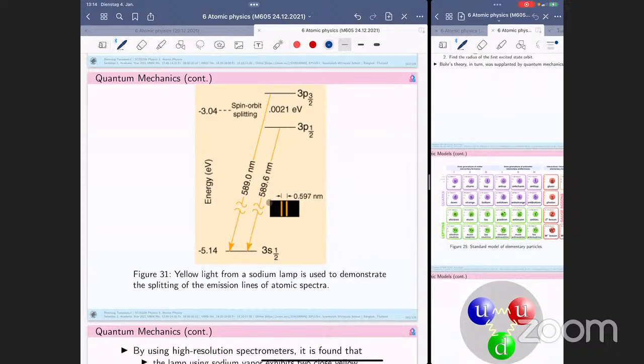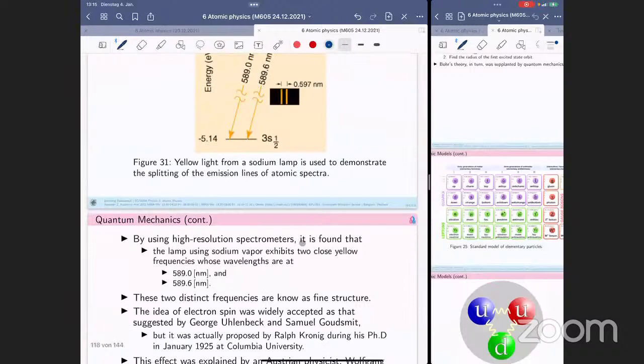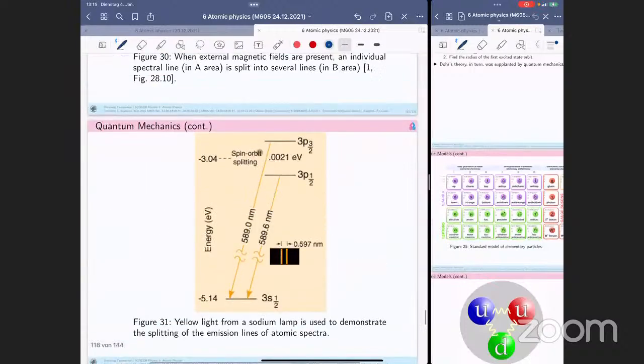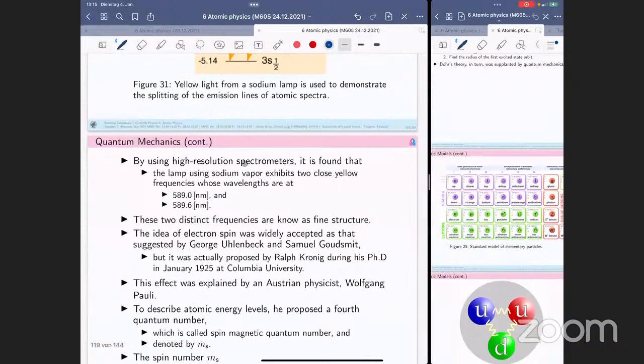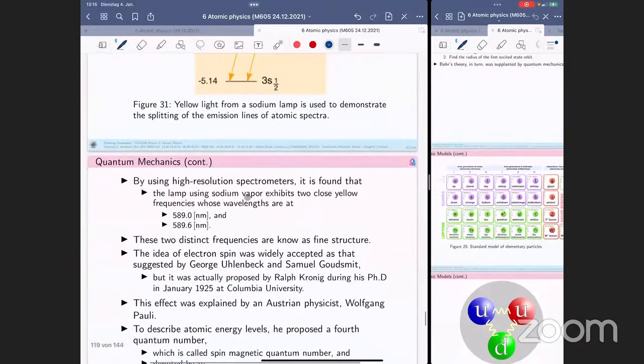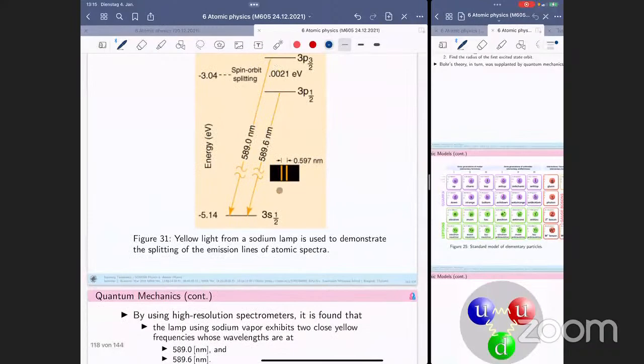This is the way we get the yellow light, when the electron falls from this energy level to the 3s level, and from 3p, which is the lower one, to the 3s level. By using high resolution spectrometers, a special device to detect this difference, it's not simple. You have to use a special measurement device. It is found that the lamp using sodium vapor, the gas state of sodium, inside the bulb of that lamp